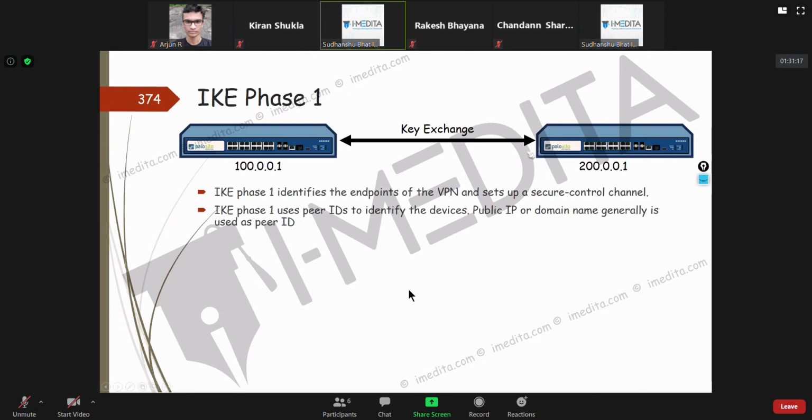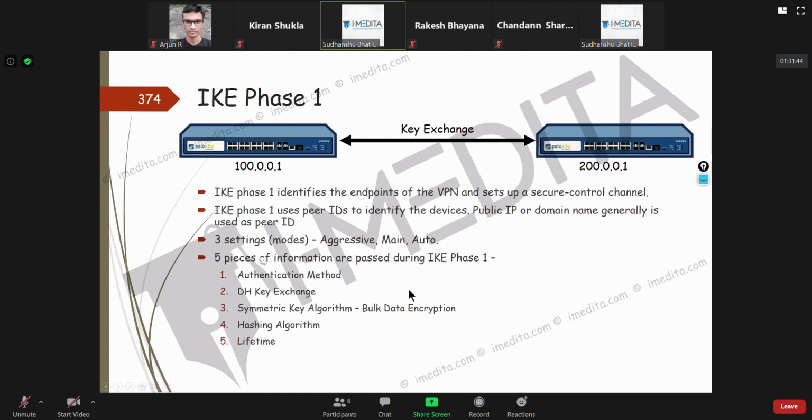Okay, you could use the public IP or domain name as peer ID, like we informed firewall 1 about firewall 2 and firewall 2 about firewall 1. So there are 3 settings: main, aggressive, and auto. 3 modes.